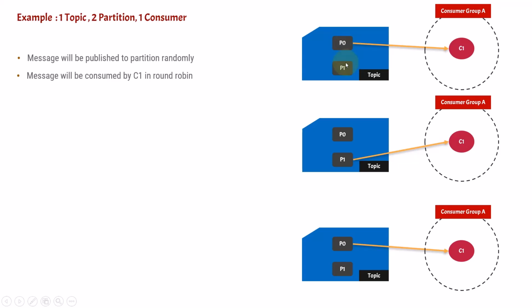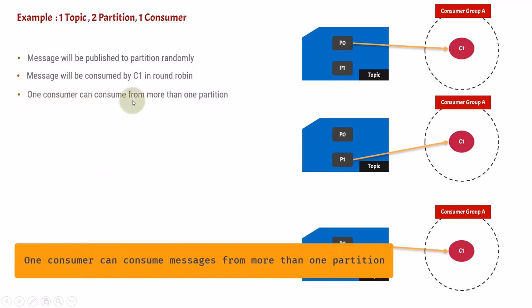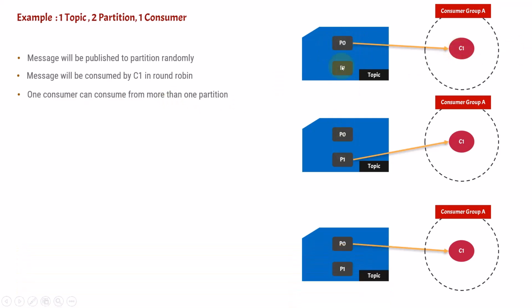What I'm explaining here is that a single consumer instance inside a consumer group is going to read from all the partitions when there is a single consumer group which contains a single instance, and the partitions are more than one. So it will consume from all the partitions. That is what we said, that one consumer can consume from more than one partition. This is a concept you need to understand: in a consumer group, one consumer can consume from more than one partition. It is not that the consumer is tightly coupled to a single partition. It can read from any partition.